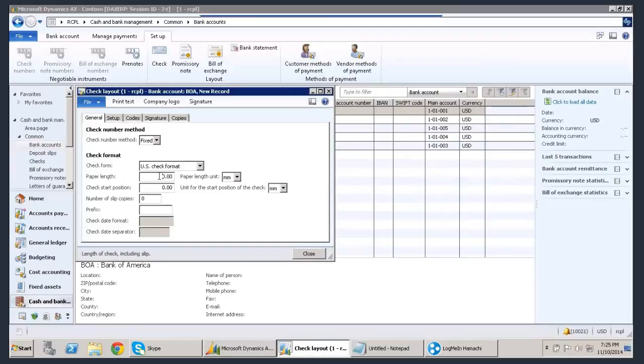Suppose you have submitted two invoices to the company, and the company wants to pay against these two invoices. Invoice one has an amount of 8,000 US dollars, and invoice two is around 2,000 US dollars.